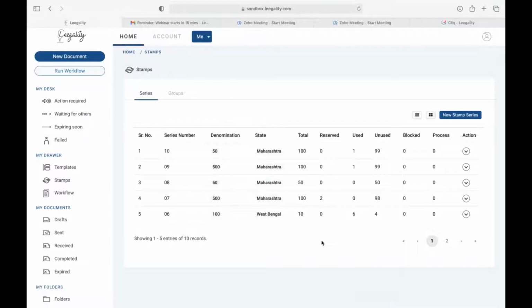You can see that stamp paper inventory is categorized according to the state in which the stamp papers were procured, according to the denomination. So we have stamp papers having the denomination of 50, 500, 100, so on and so forth. And the status of all the stamp papers is also mentioned here, right? Now, as you can see, we have in our inventory here stamp papers of the denomination 50, and we also have stamp papers of the denomination 500, right?